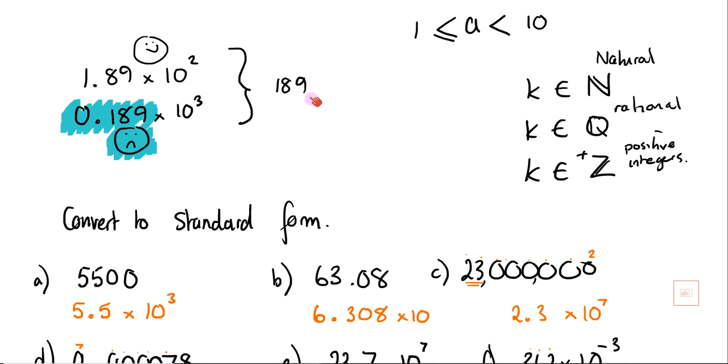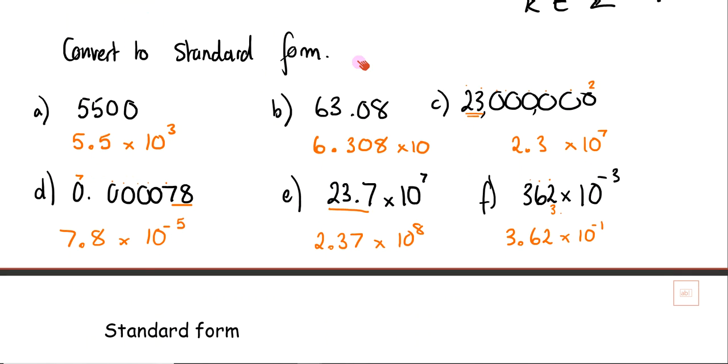Now I probably wouldn't bother writing this instead of this. Why? It's a small number and I've made it longer, haven't I? More stuff to write out. I've not made it any simpler to work with. That's just an example of how that one is standard form and this one isn't. Okay, so we went through this exercise about writing certain ones in standard form. So just to recap,